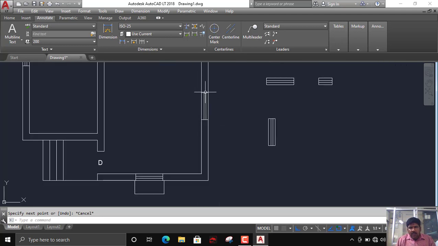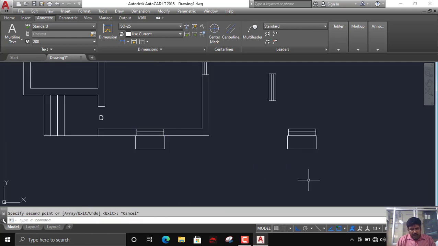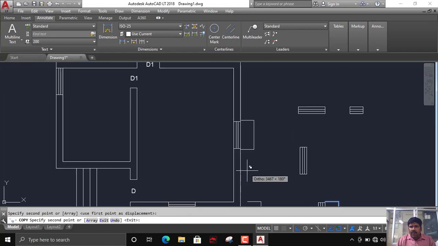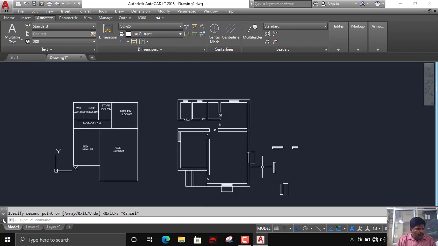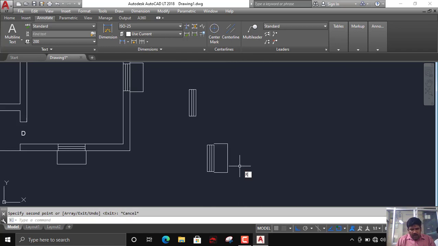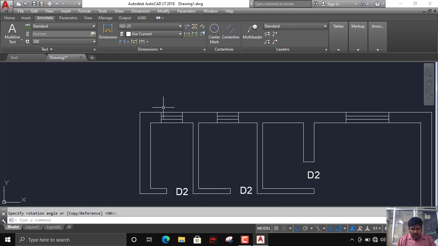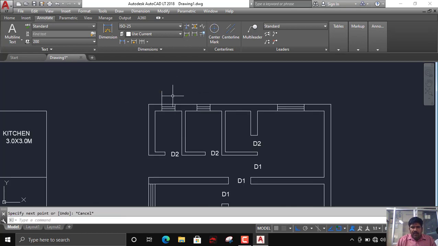Similarly, here also I can use the same thing. I will copy this and rotate it. Then I will copy only the Chajja with the base point as the window point and paste it here. Done. Next, similarly, I will rotate in the other direction. But here they have given a full window, so I can have this 600. Offset it by 50 mm.